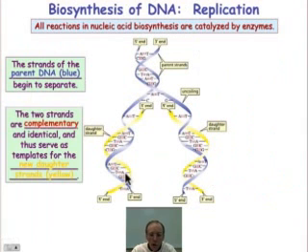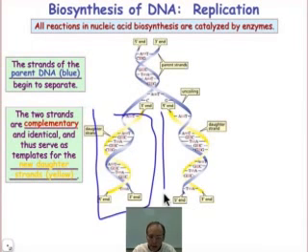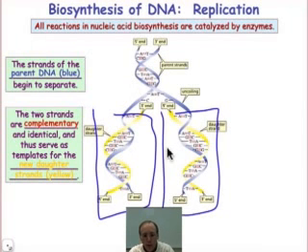In yellow are the daughter strands, and so those are being generated by the DNA polymerase. Now they're complementary, and so every blue will match its complementary strand in yellow, and so at the end of this process, one DNA double helix is converted into two identical double helices that result from what's known as